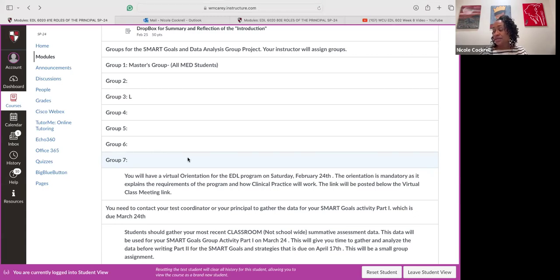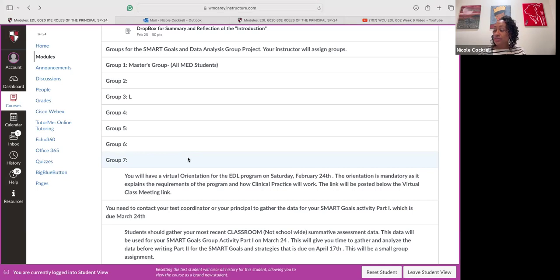Late assignments. There isn't a thing called excused assignments. If it is not turned in on the day that it is due, it counts as an absence for your class time. And attendance is one of those things that will sneak up on you if you don't turn assignments in on time. If the assignment is not in on the Monday, because I go through on Monday and check to see who's turned in their assignments, I will put a 0 in as a placeholder. So just know that that will be there until you put the assignment into the Dropbox.